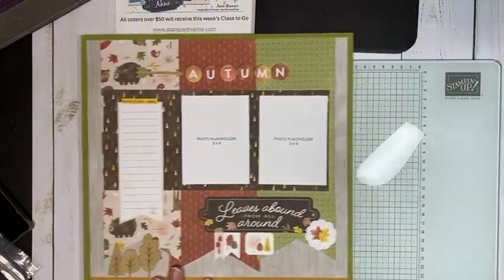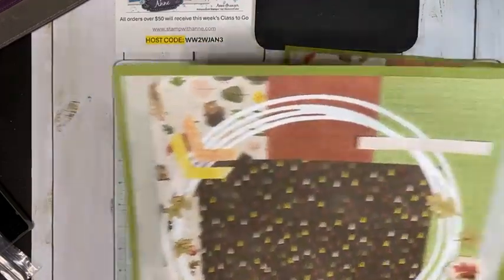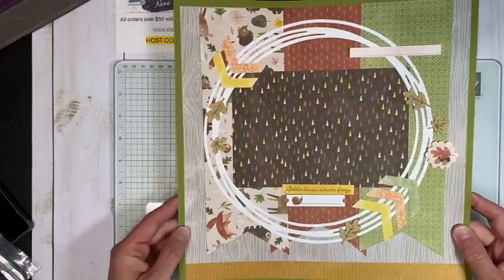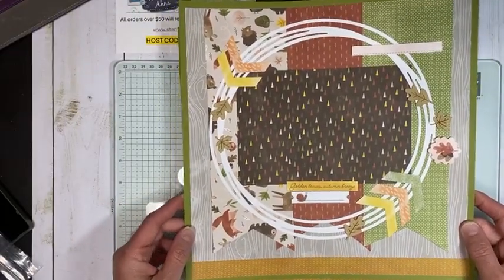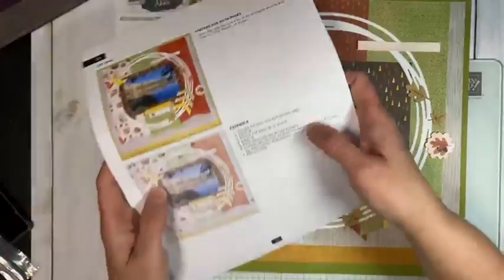So that's the one page. Let me show you the page that I did last night. So this is actually how this goes. So let me bring in this to show you. So this is the other side of that page that we just did. So if you were to go look, you would see